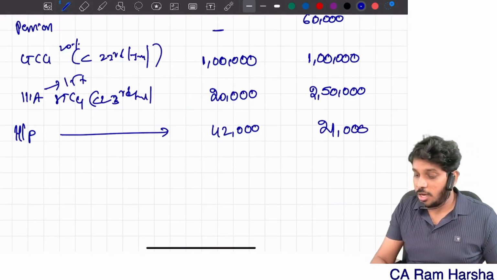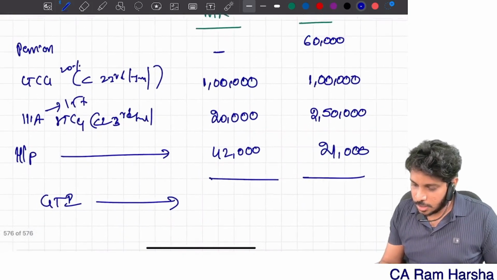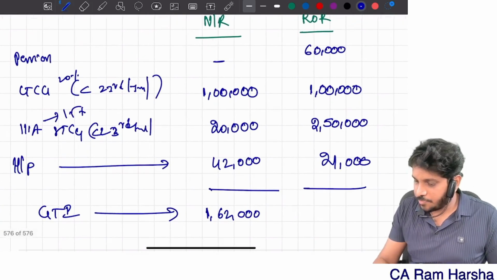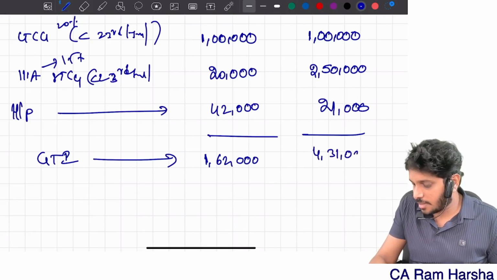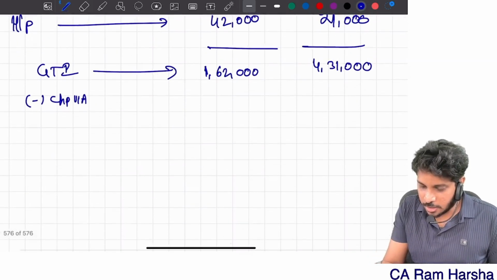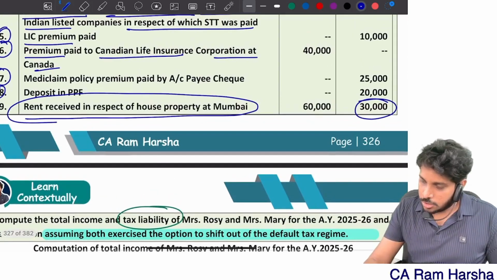Understood or not? Gross total income. Gross total income. 1,62,000. Here it is 1,60,000. 4,10,000. 4,31,000, correct? Minus chapter 6A deduction, 80C. So Rosie, no,